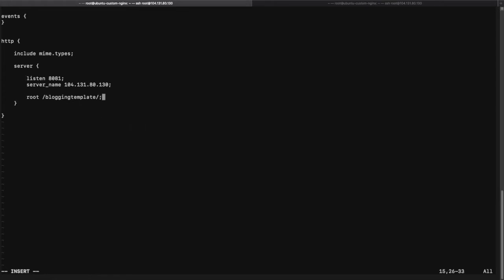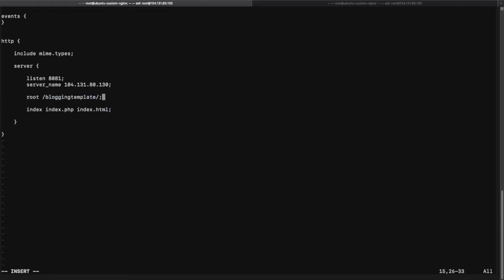Now I will go into insert mode, and to work with PHP, I will define the index. Index is a directive which you want to use whenever you are working with dynamic and static content. The first file which I want to supply to index is index.php. And if index.php is not available, then serve the index file index.html. Close this directive. So what I'm doing over here is supplying both index files, one for the dynamic process and another for the static process. And if you remember, the index.html file is present at the root of my blogging site at this particular location.